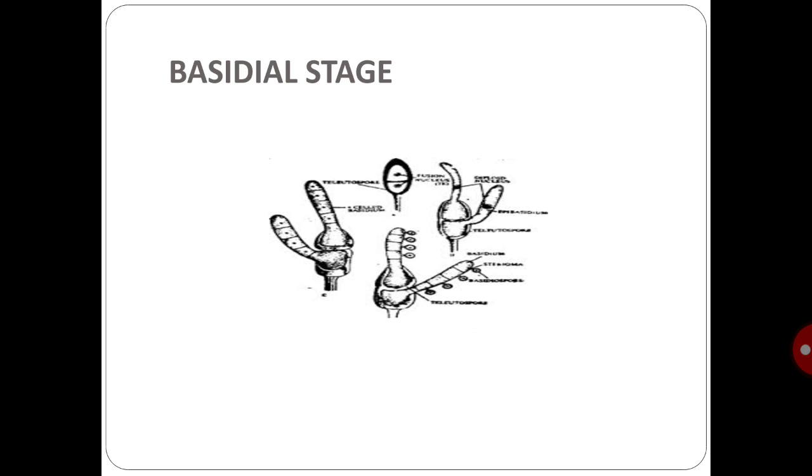Basidial stage is the third stage of Puccinia on the wheat plant. In the teleutospores, the 2 nuclei in the upper cell and lower cell fuse and form a diploid nucleus. Meanwhile, the outer wall is broken down so that the inner wall forms a long filament from the apical part of the upper cell and the lateral part of the lower cell. These long filament-like structures are called basidial branches. The diploid nucleus of each cell enters separately into these 2 basidial branches, the upper basidial branch and the peripheral basidial branch. The diploid nucleus in each branch undergoes divisions